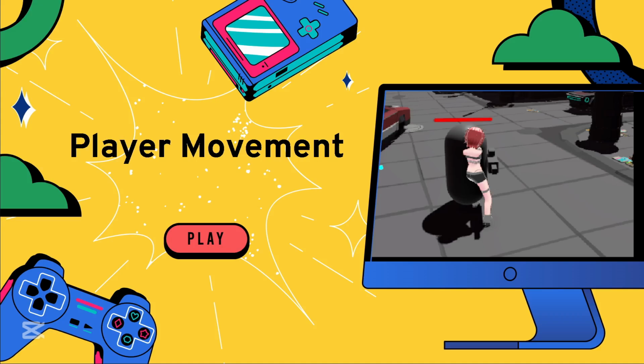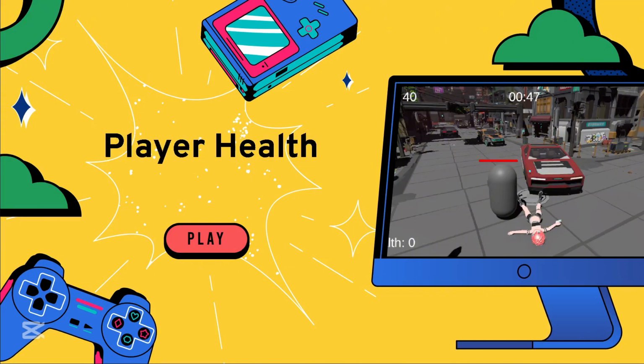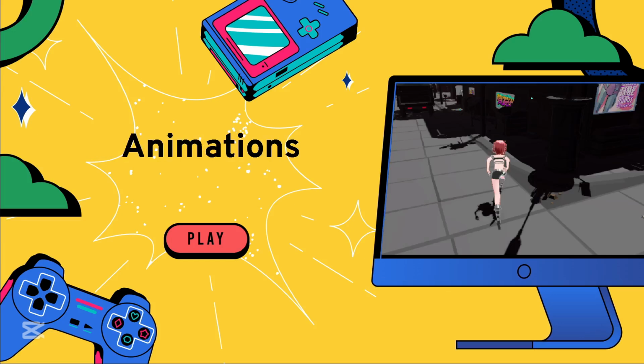For part 3, oh, sorry. We have animations. A character's movement should feel responsive and visually appealing. In this part of the tutorial, we'll implement a full animation system, which will be, as you can see in the picture,